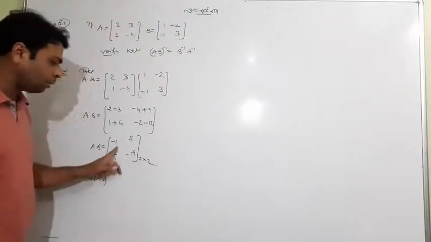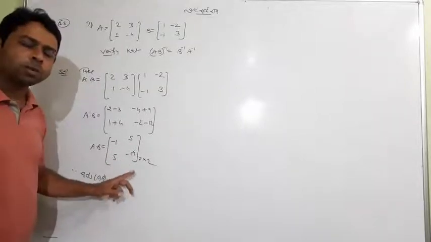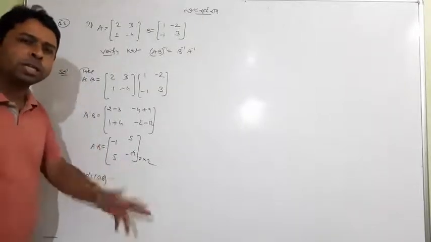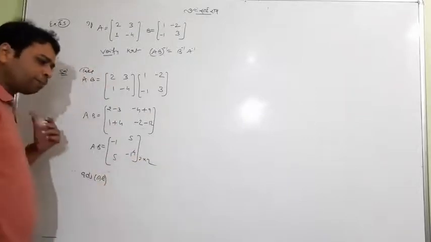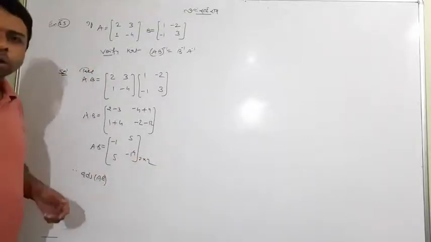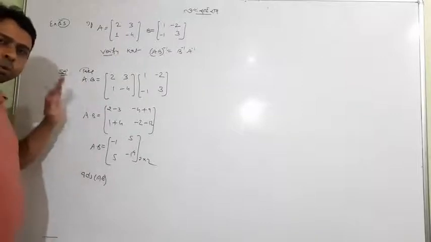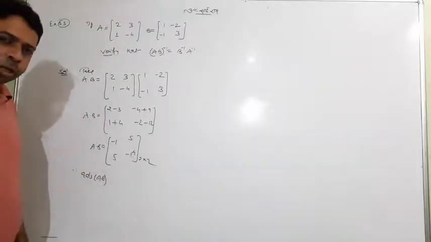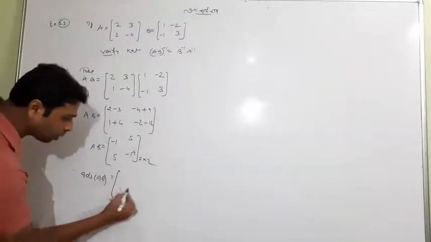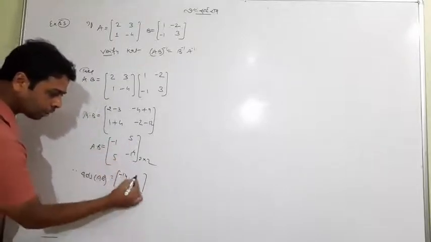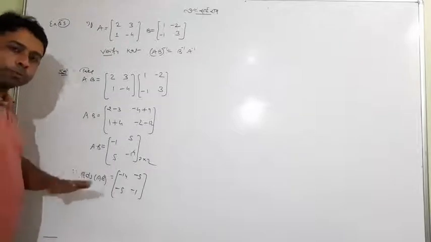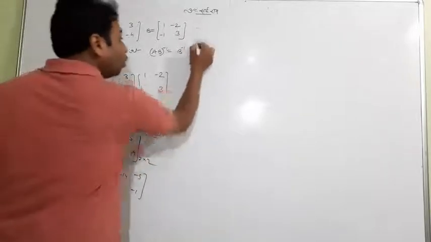Otherwise you find C11, C12, C13, C21, C22, and then find C and then C dash. It will take time, definitely maybe long. So I would suggest that in this particular question you use a trick. Adjoint AB: what is adjoint AB? The short trick is just interchange them and change their sign. Good enough.